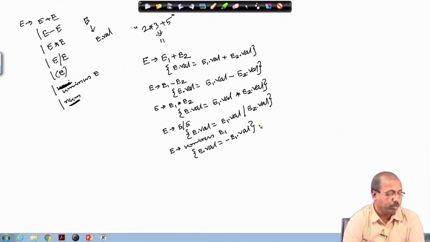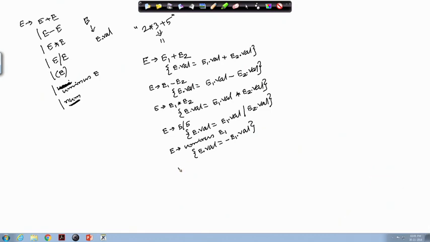And E producing within bracket E1. This is very simple: E dot val is nothing but E1 dot val. And then I should have E producing number.